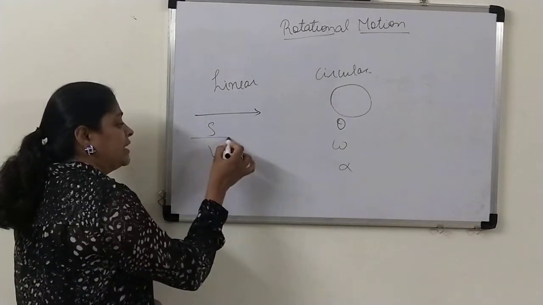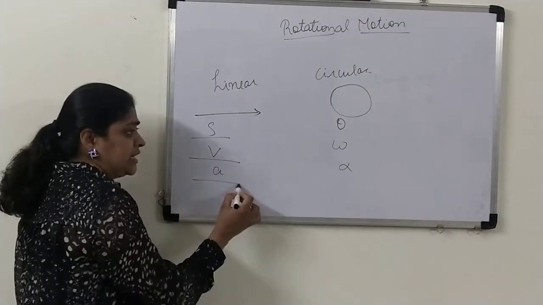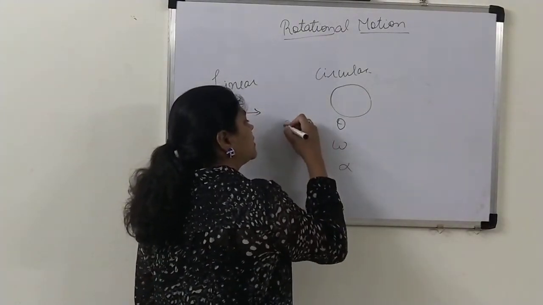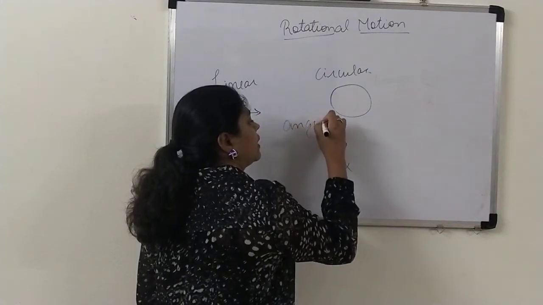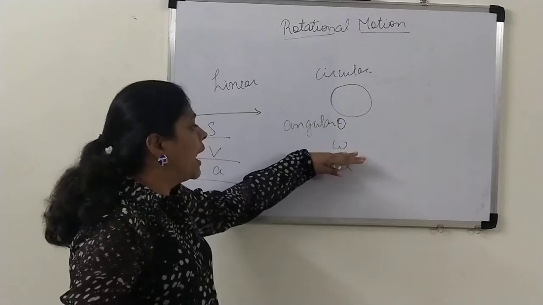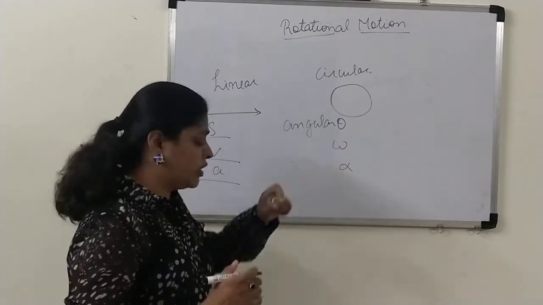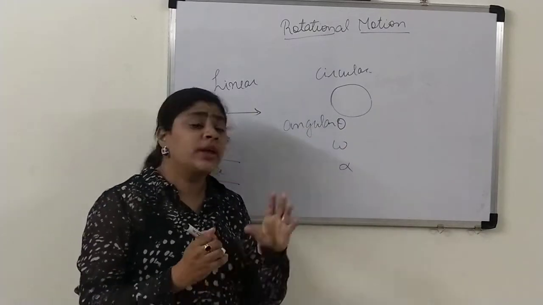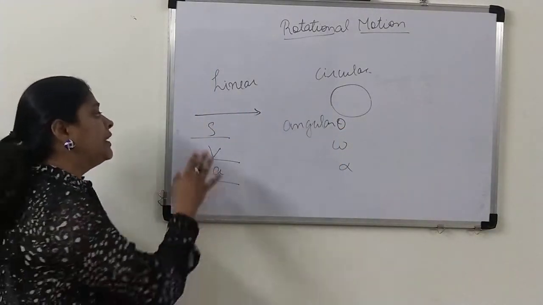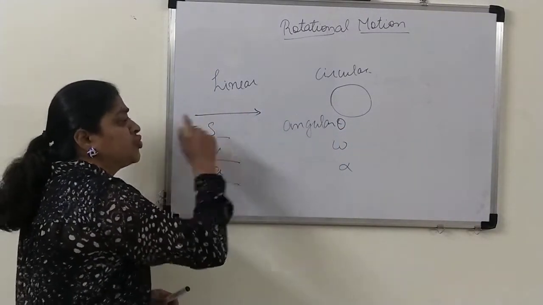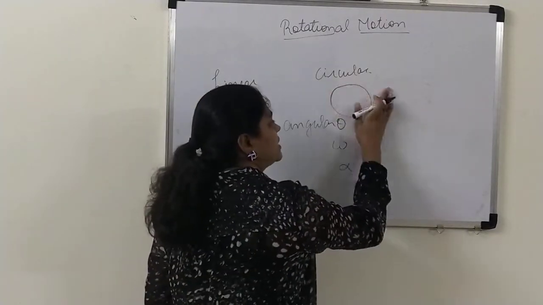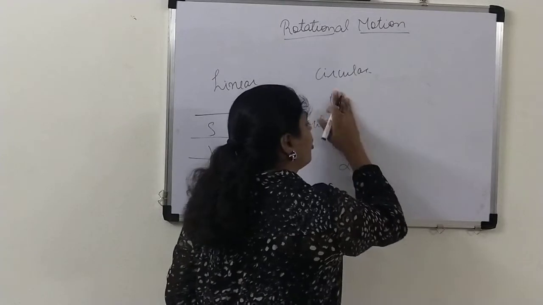What do you call it? Linear displacement, linear velocity, linear acceleration. Here, for circular, you will call it angular: angular displacement, angular velocity, angular acceleration. Now why do you call these angular and these linear? For linear, you know that it is going straight. But for angular, suppose a body is performing